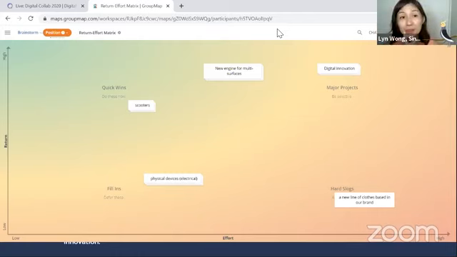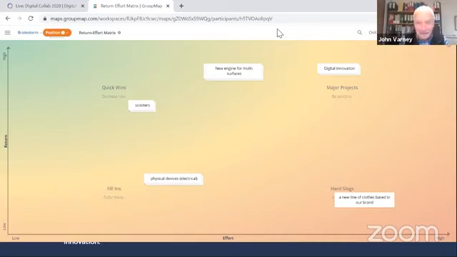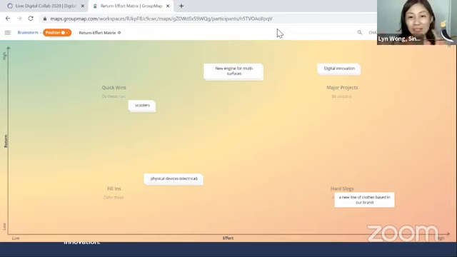It doesn't necessarily mean we're going to go with all of them, John. As the COO, we're going to prioritize. I just want to let you know that. We will do some voting later on, but now it's really to have a discussion on where you all think these ideas should be grouped, in terms of returns and efforts. Yes. So where should this physical devices electrical go? Major projects?